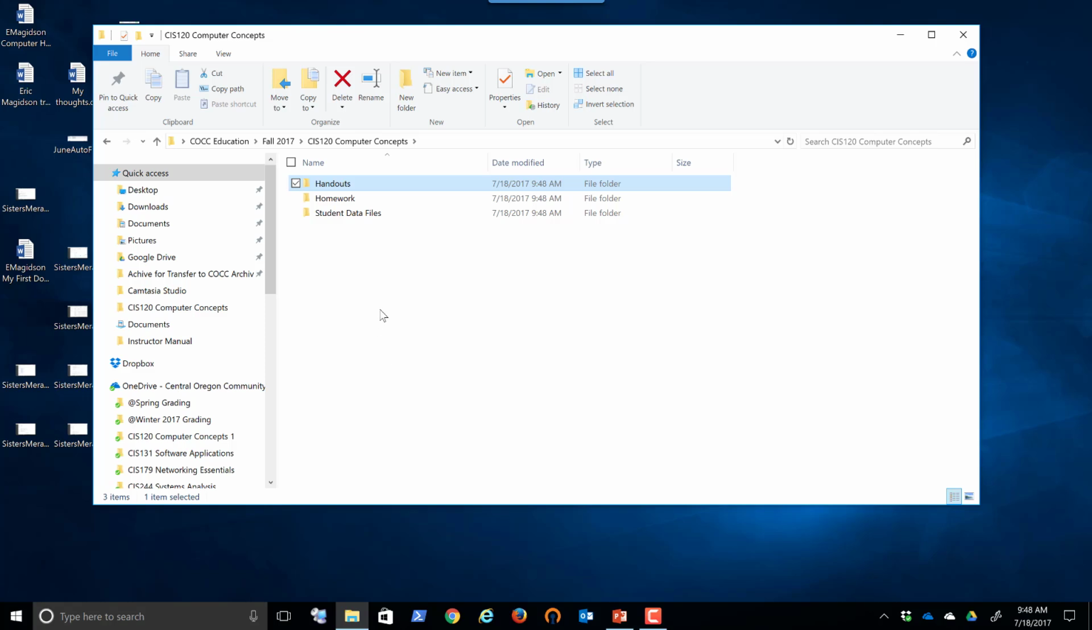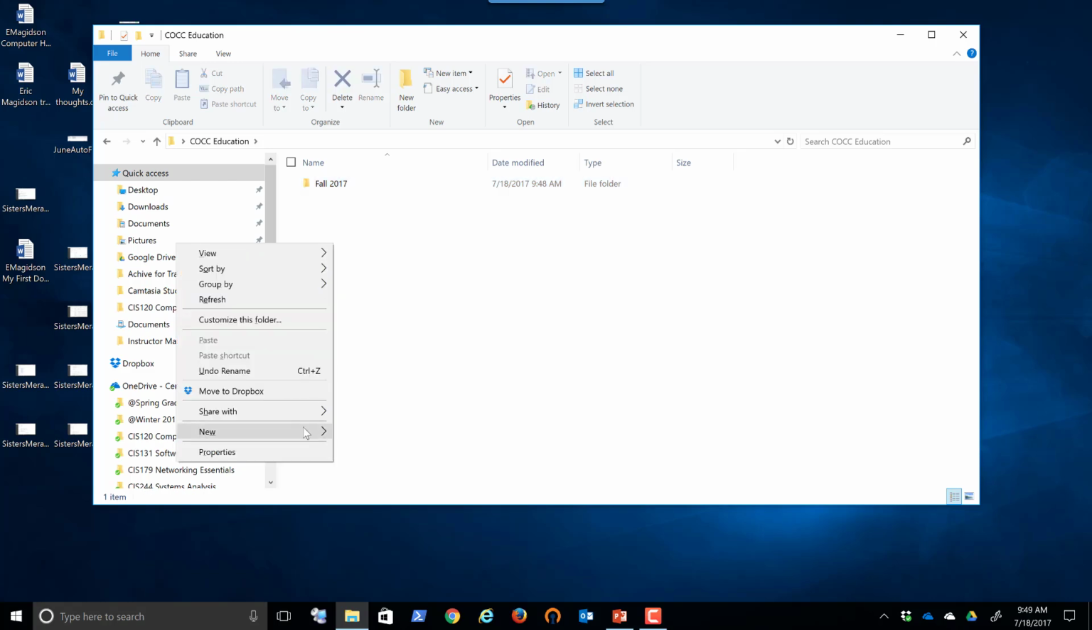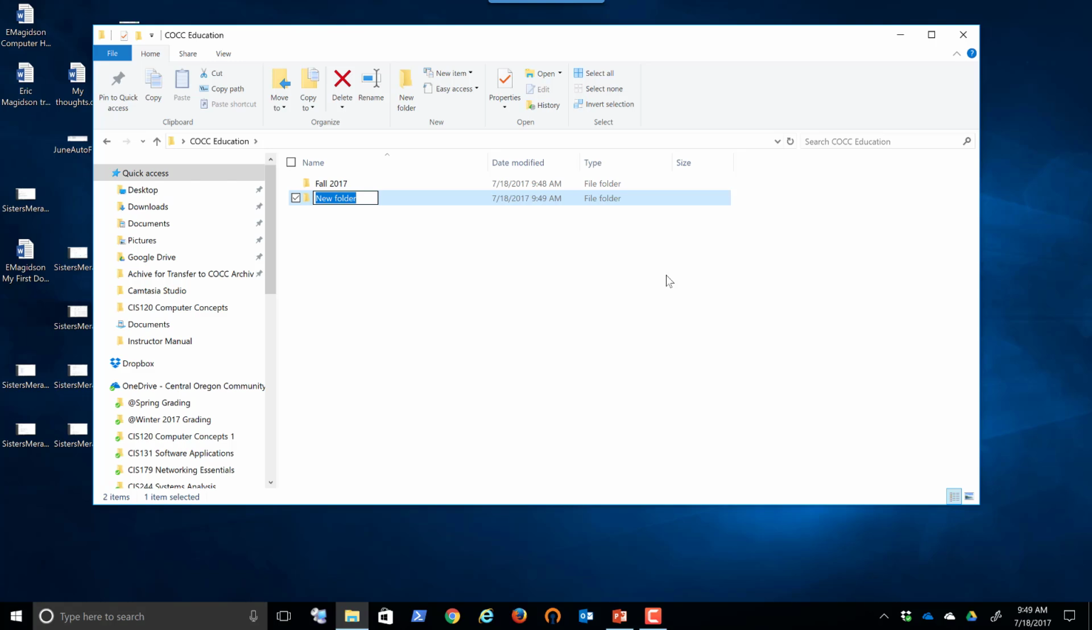You get the idea. Now, if you notice here in my COCC education, this is the path to the folder I'm in. Now notice if I click on handouts, I'm in the handouts folder, which is within CIS 120, which is in fall. By doing this, I have one folder that contains all of my classes. Here comes the next term, new folder. This is going to be winter 2018. And by doing this, folks, I can easily find anything related to a term,